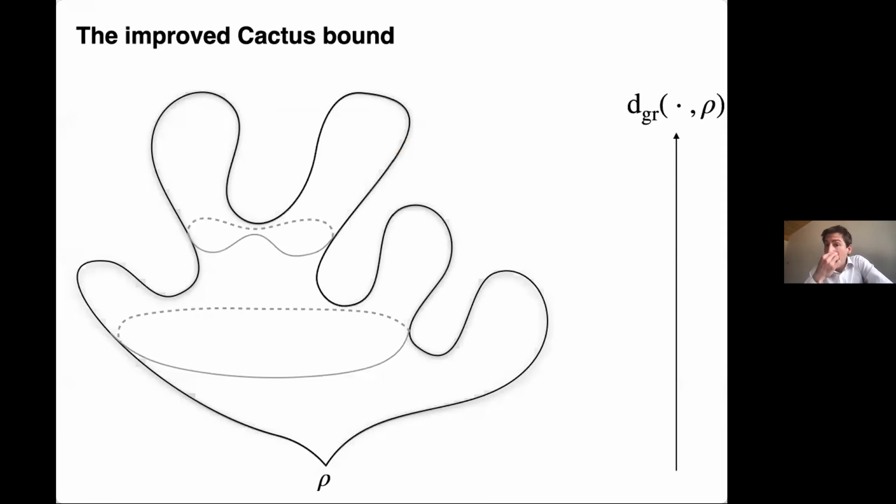So let me give you one ingredient that is geometrically very different from the Brownian sphere. It's the improved Cactus bound. Imagine that I have a discrete map, which I display as a cactus by picking one point, putting it down, and then putting all other points at a height which corresponds to the distance to this distinguished point. This creates a cactus representation of the map. So this is really a two-dimensional object.